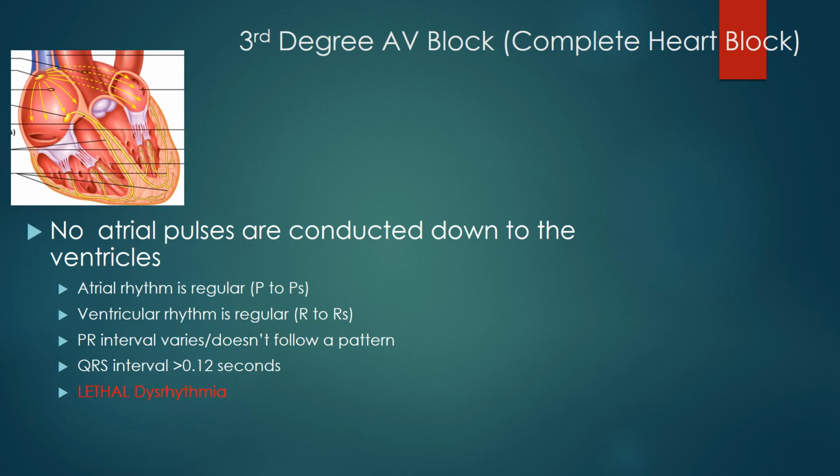Now the last AV block. This is third degree AV block or a complete heart block. And the best way to think about this AV block is that the atria and ventricles are no longer communicating. The AV node is completely blocking all communication. So what we have is an SA node that's consistently beating at its intrinsic rate of 60 to 100 probably,